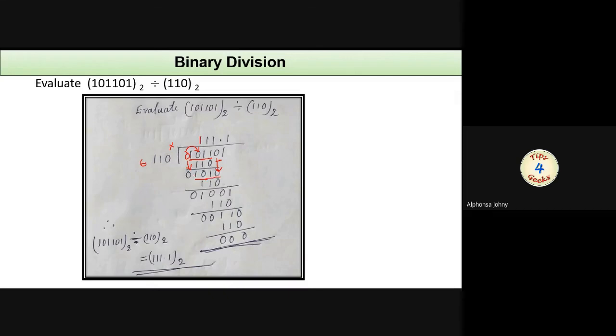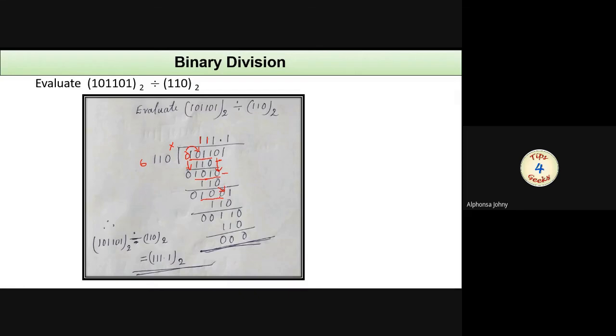And we can divide 10 with 6. In how many times is 6 is included in 10? 1 times. So 6 into 1 1 0. So 1 1 0 into 1. The answer is 1 1 0. Next we have to perform binary subtraction. That is 0 minus 0. Answer is 0. Then 1 minus 1, 0. Next, 0 minus 1 is not possible. So we are taking borrow from the next higher bit position. 1 0 minus 1. The answer is 1. So we will get 1 0 0 as the remainder.